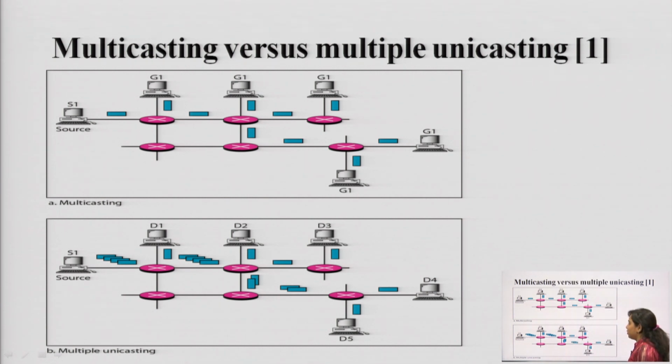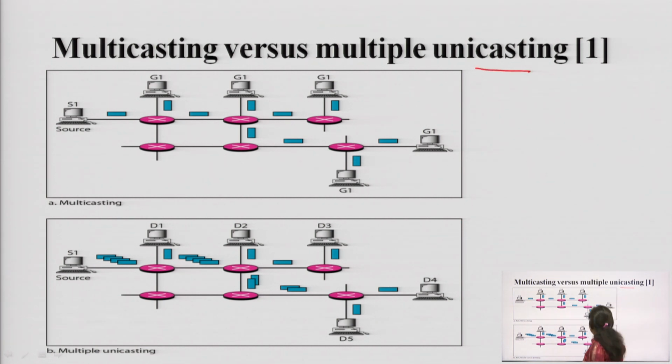So, what is the difference between them? As you have seen, in case of multicasting, a particular packet will be received at the router. At the router there are 3 different paths available, so the packet will be transferred along the paths. In case of unicasting, it will follow only a single path from host A to host B, that is, from the source to the destination. So, this is multicasting versus multiple unicasting.